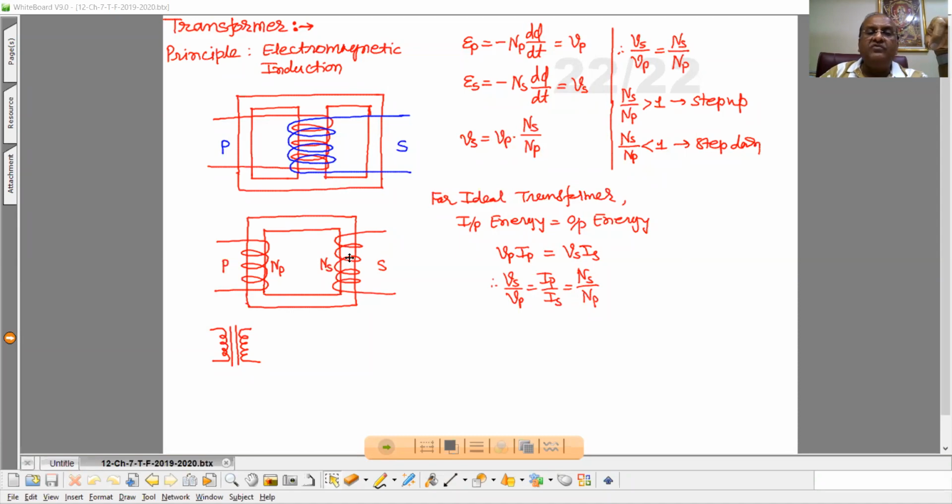Now the number of turns in the secondary is 100 and the number of turns in the primary is 10. So if we substitute 100 by 10, then 100 into 100 by 10, you will get the resultant Vs, that is 1000 volt. Means the input voltage given is 100 volt, and the output voltage obtained is 1000 volt. Here we can say if Ns by Np is greater than 1, then